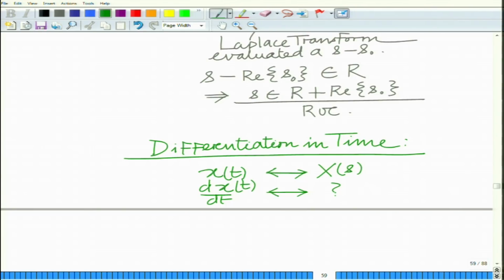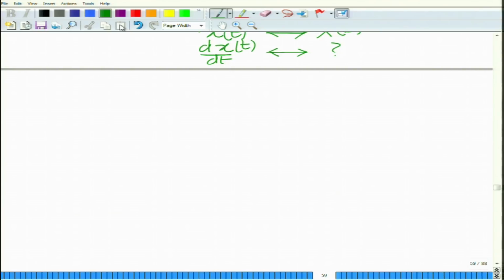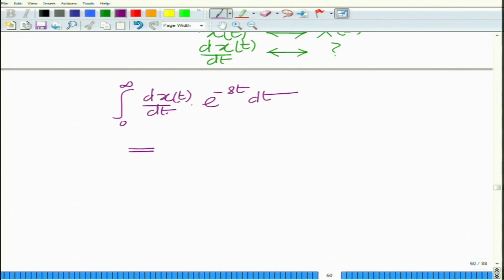What is the Laplace transform of this? To evaluate the Laplace transform of this, we have the integral of dx(t)/dt e raised to minus s t dt, which, if you apply integration by parts,